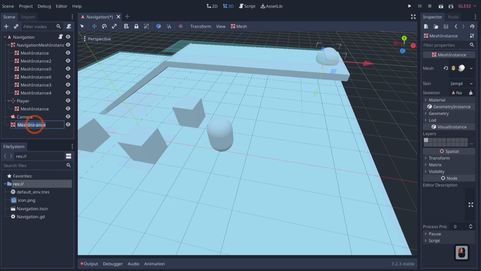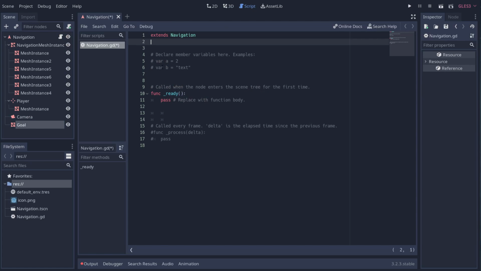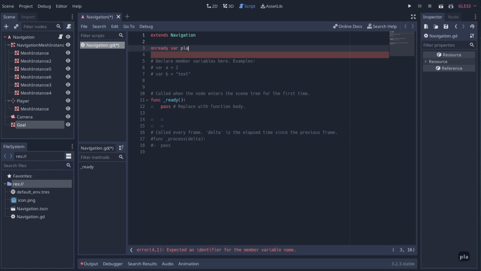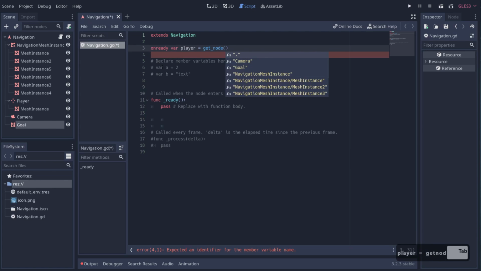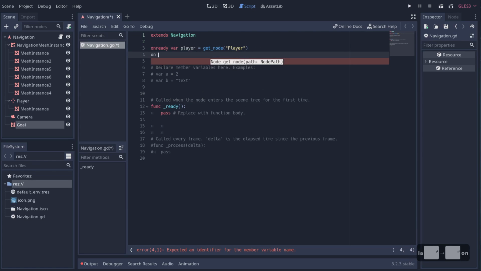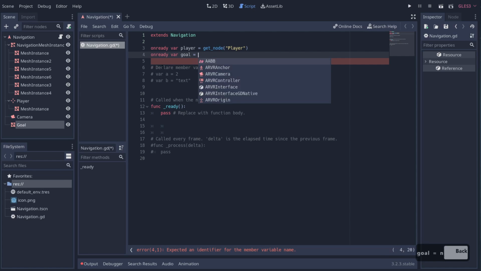All right, let's go back to here. What we're going to do is say on ready var, not bar, var player is equal to get node player. It needs to be in quotes. All right, on ready var goal is equal to get node